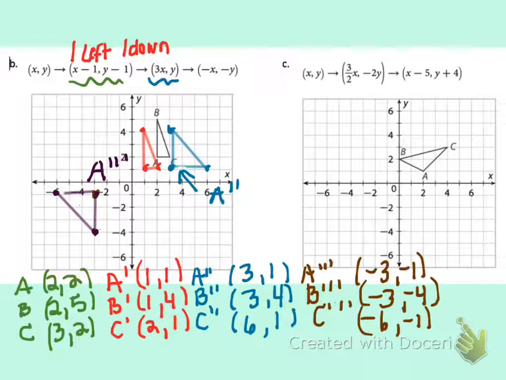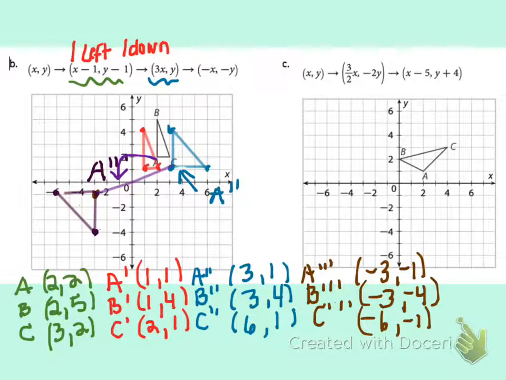So if I connect this back to the origin, this coordinate that I labeled A double prime, and then I connect it back to its original image, you can tell that this is the same number of units. So it's like instead of 3 to the right and 1 up, it's 3 to the left and 1 down. And that figure has just been turned 180 degrees on that final